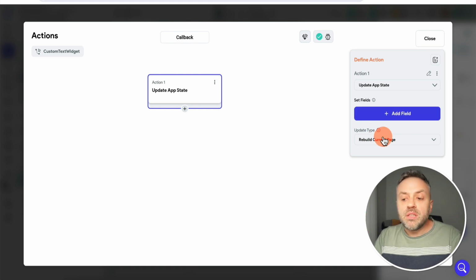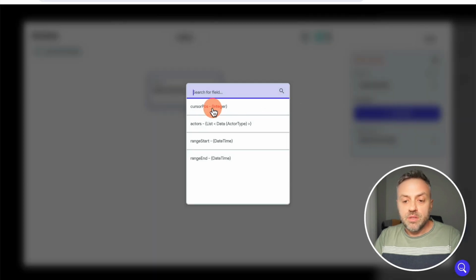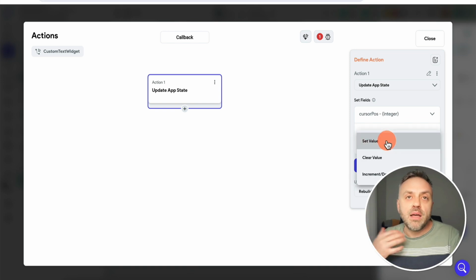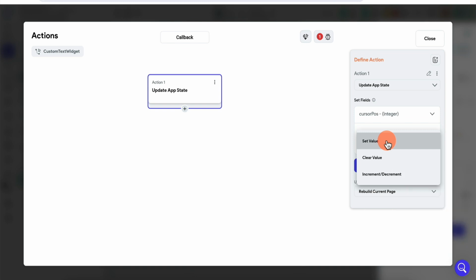Okay, we just need this to rebuild the current page. And so what we can do is we can add this field, this cursor position. This is the same one that we're updating in the custom widget. And what we can do is we can have a dummy operation. We can do an operation that doesn't really do anything, but it will still rebuild the page that we